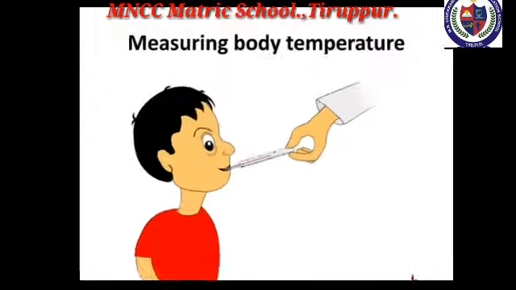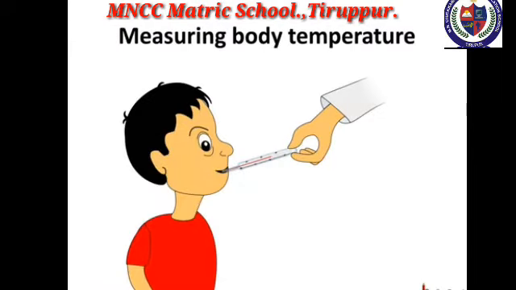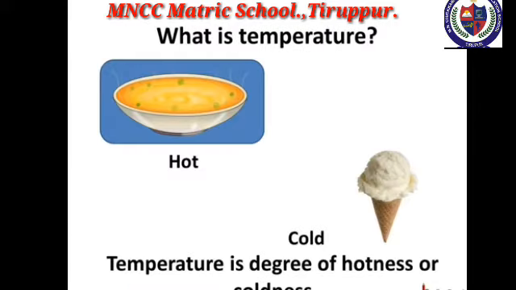When we get fever, your body becomes hotter than normal. To know how hot your body has become, your mother puts a thermometer in your mouth or under the arms. Temperature is the quantity that tells us how hot or cold an object is. So, the temperature is the degree of hotness or coldness of your body or place.